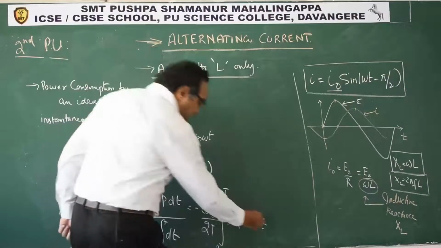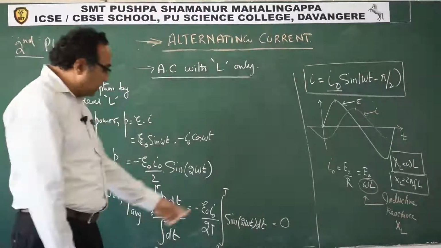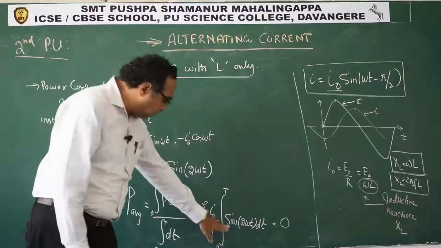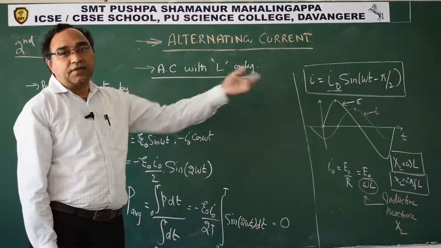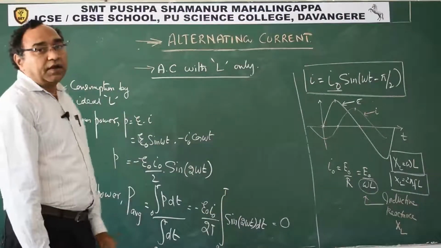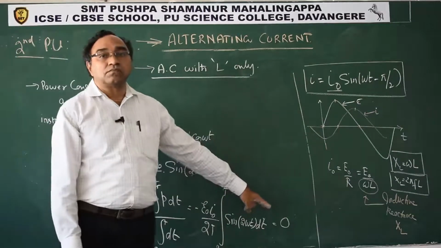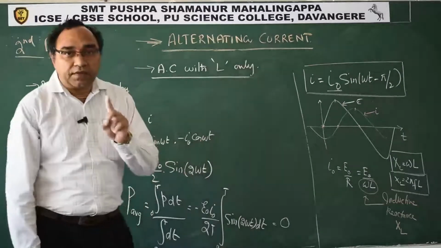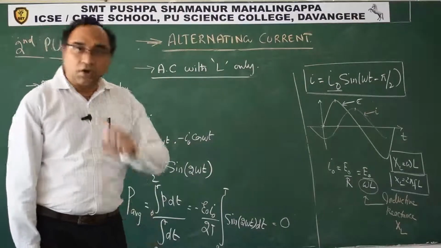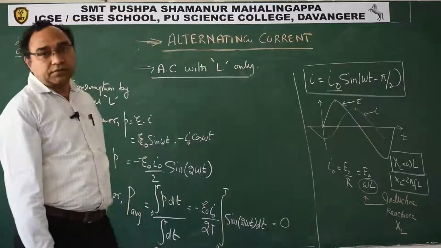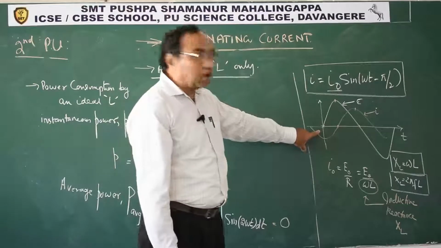Now here I will tell you this will be 0. There is no power consumption. Why is this 0? Very simple logic. It's a sine function, and the sine function's average value will be 0. We have seen that initially. Same logic we can apply here, and we say it is 0. See the best part of it. Power consumption is 0. See, the choke coil in the tube light is not consuming any power. You are not getting a bill because of the choke coil working. Power consumption is 0. And see the beauty of it. It is able to block also.